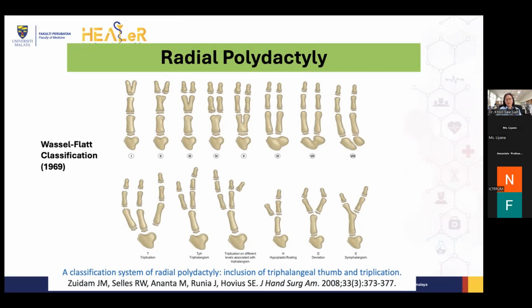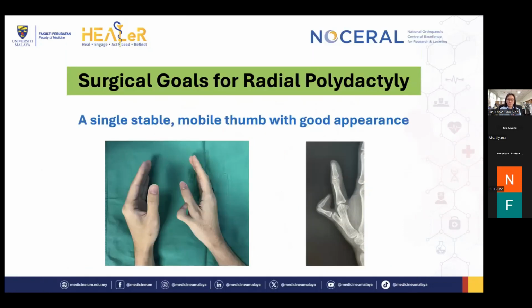So of all these, type 4 is the most common. Type 4 can also be divided into 4A, 4B, 4C, 4D, and I can give a one whole day talk on that. So the surgical goal for radial polydactyly in general is to achieve a single stable mobile thumb with good appearance. If you look closely at this picture, these 2 thumbs, the right and left, are never exactly the